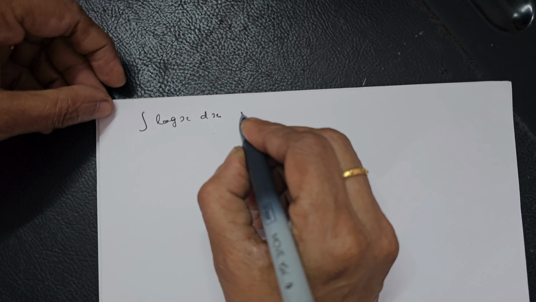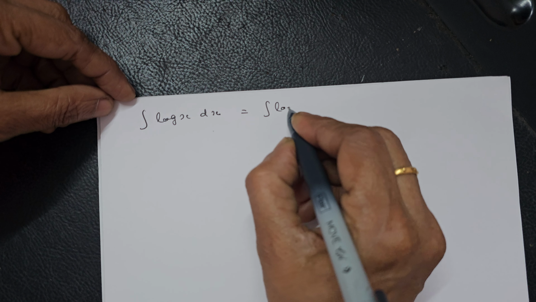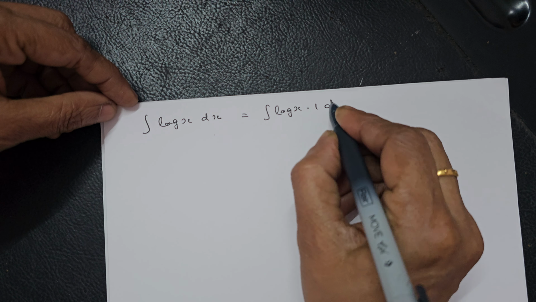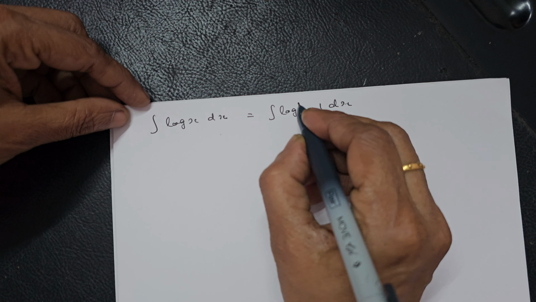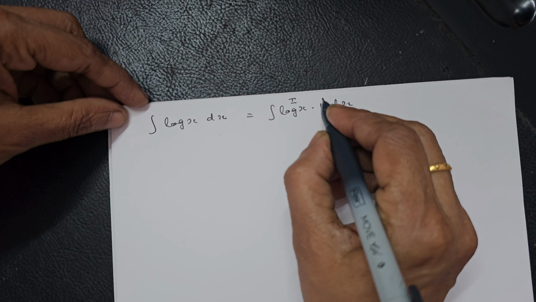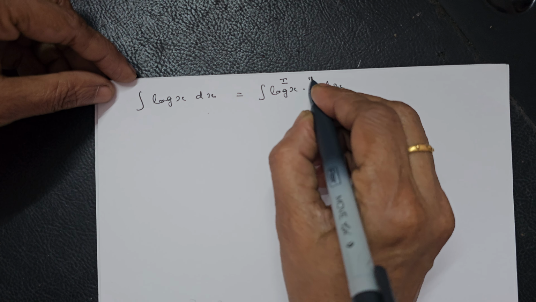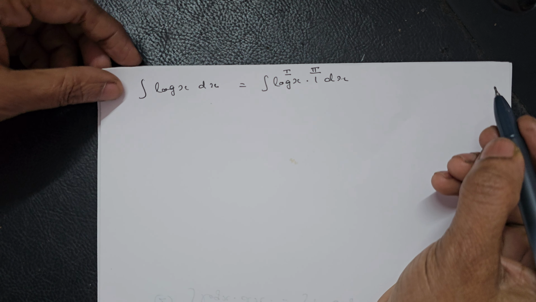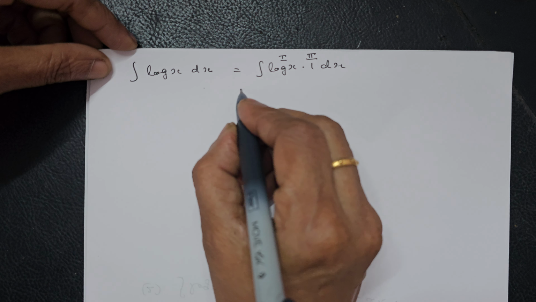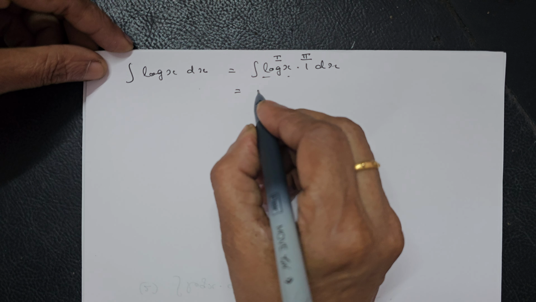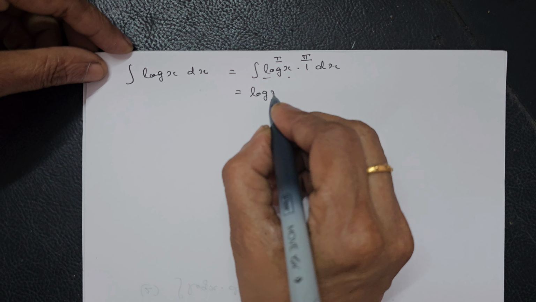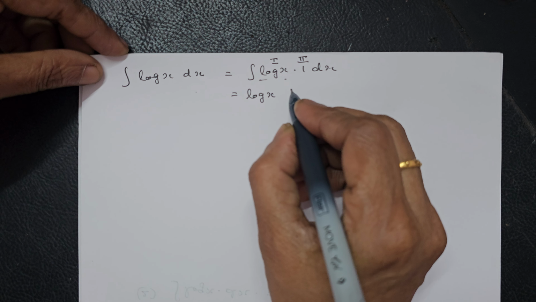We can rewrite integral log x as integral log x into 1 dx. According to ILATE, log x is the first function, since L comes before A, the algebraic function. So this is u and this is v, the second function. First function into integral of 1, that is x,